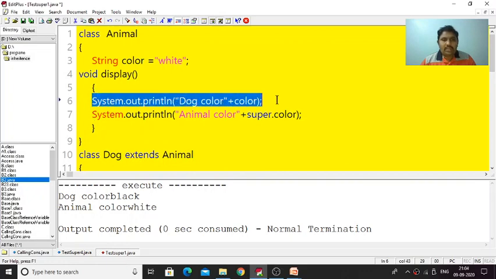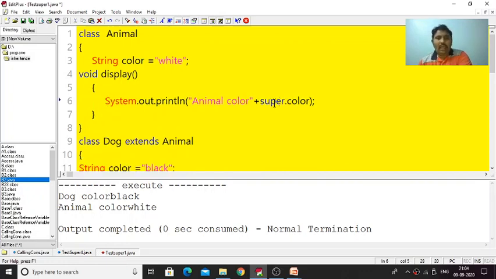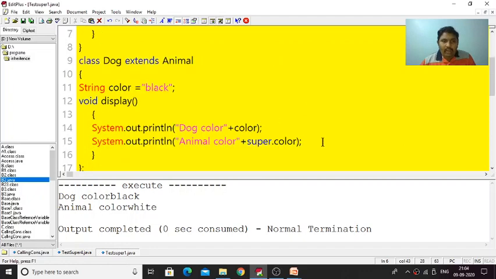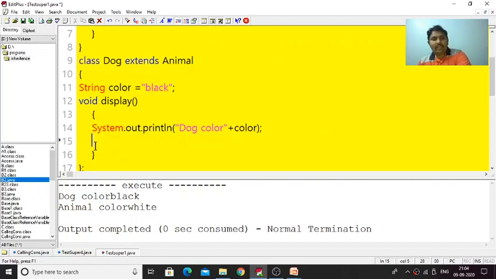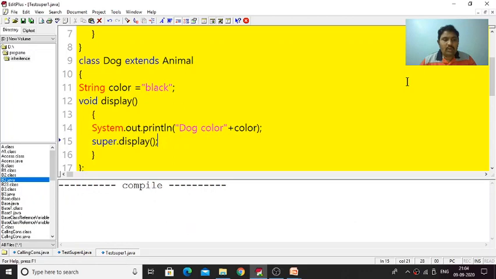Let us remove this dog color print, and in the parent class there is no need to mention the animal color again. Rather than printing this way, what we can do is super.display(). Let us compile this program.